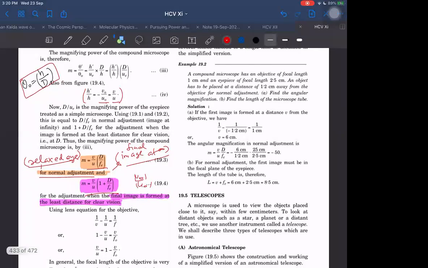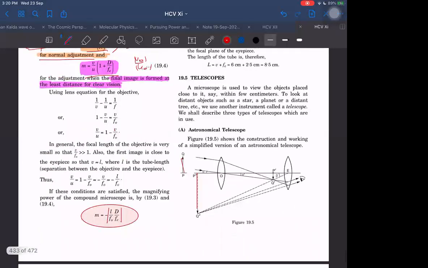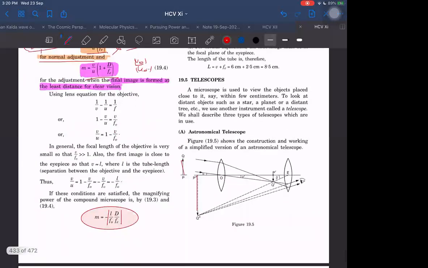Examples they may be giving here, but practice is yours. But the formula we have to remember, or maybe we should know how to derive. Just two things we have to remember: the sign we don't have to worry about. Everything is magnitude-wise in this formula: 1 plus D by Fe.